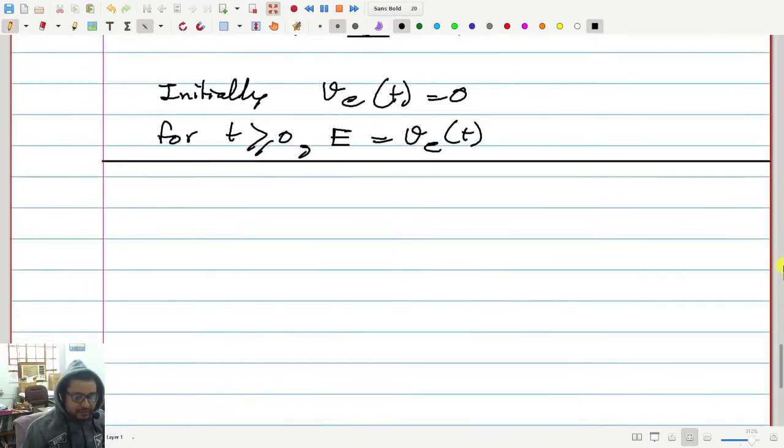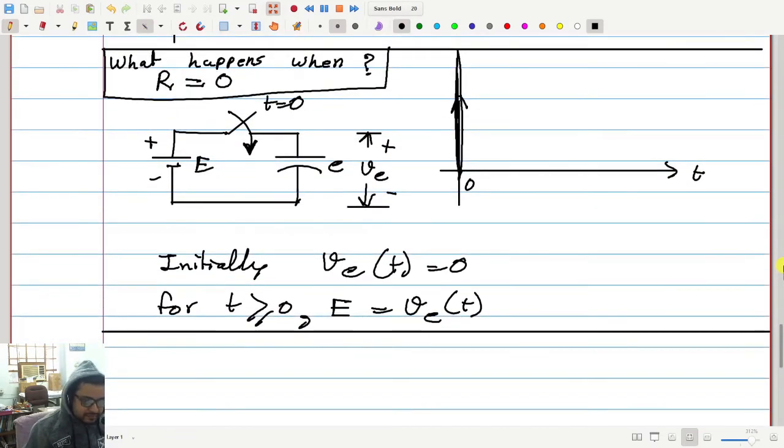Sir, is it possible to have a circuit without resistance? Practically, it is not possible. In all practical circuits, even if you are connecting a battery and a capacitor with some wire, it always has some small amount of resistance. So practically, we need not bother about this R equal to 0 condition, because there is always some resistance. We can use superconductors. Okay, you can use superconductors, then other things will come.